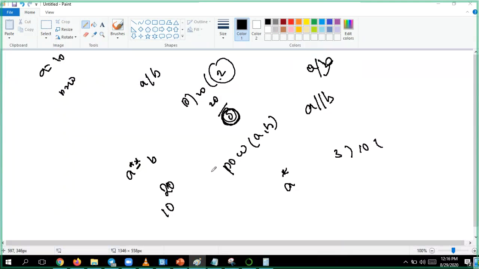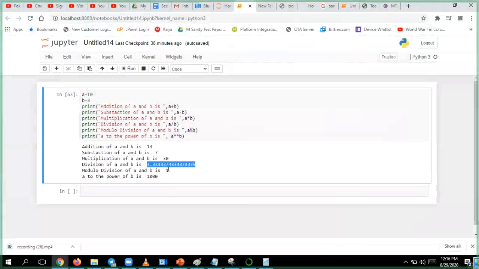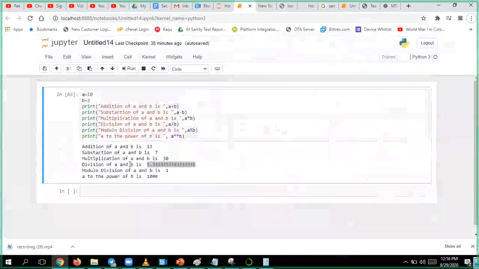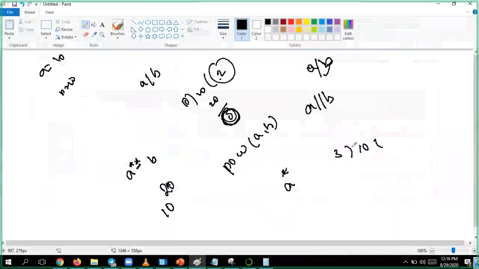If you take this particular example, I am getting 3.3.3. 3 threes are 9, correct? How much did I get in the division? The remainder is 1. Okay, this is the remainder.